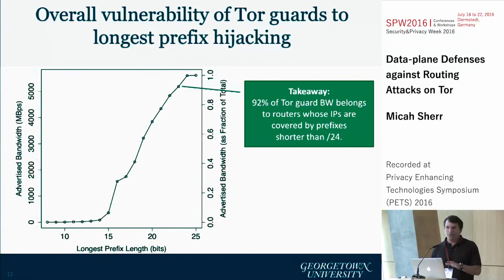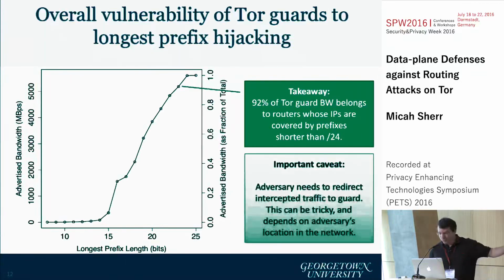Now, that said, there are several important caveats. I'll list one. You probably don't want to launch 4,000 BGP attacks. That would definitely get you caught. But also, black holing, in other words, doing denial of service against these guards, is very easy. To do man in the middle, or at least eavesdrop, and then continue on to the guard, so the guard traffic is actually used, which is what our adversary is trying to do, is harder, and the adversary's ability to do that depends on its actual network location.